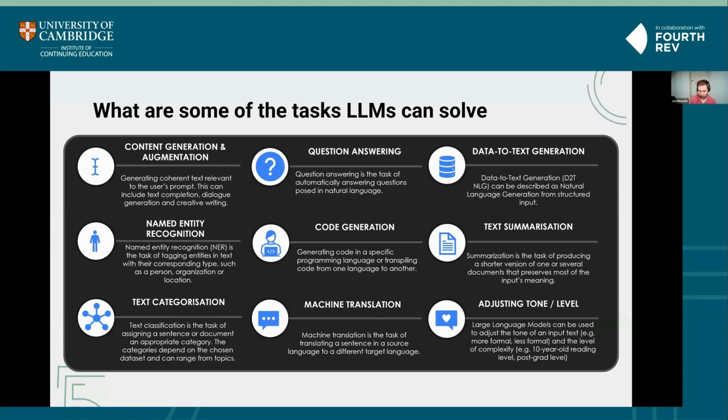Code generation. I think the emergent properties of large language models mean that it's very helpful for code assistance, and GitHub have an AI-based code assistant, GitHub Copilot. And I'm sure anyone who's working on this call who works with code has used large language models to either review or test or generate code. And I believe that Meta are also using it for generating unit tests, saving a lot of time in development.